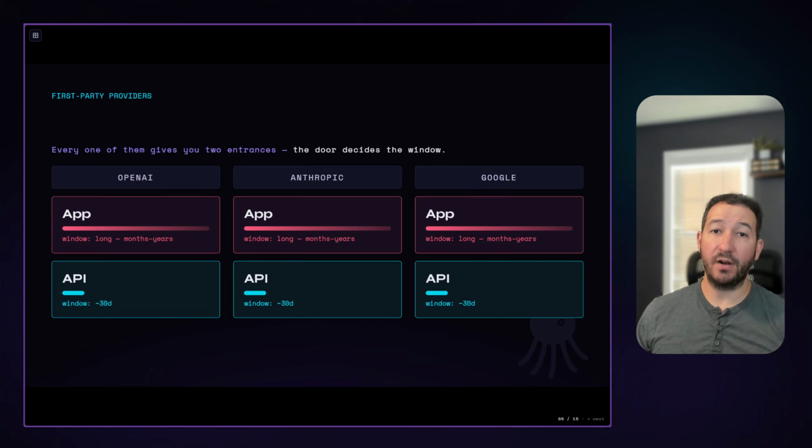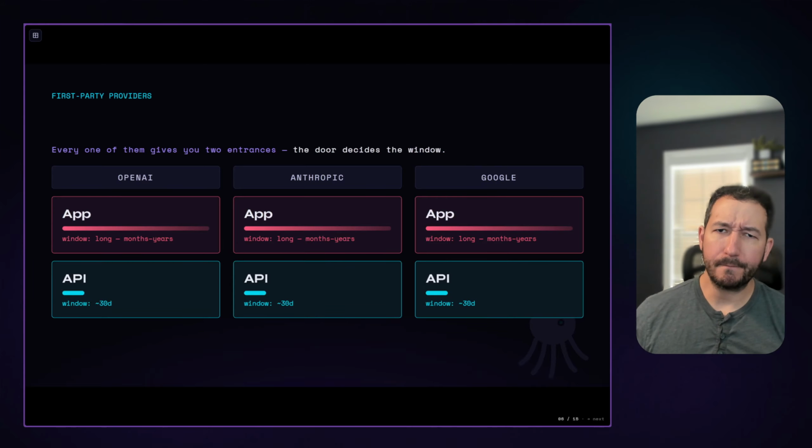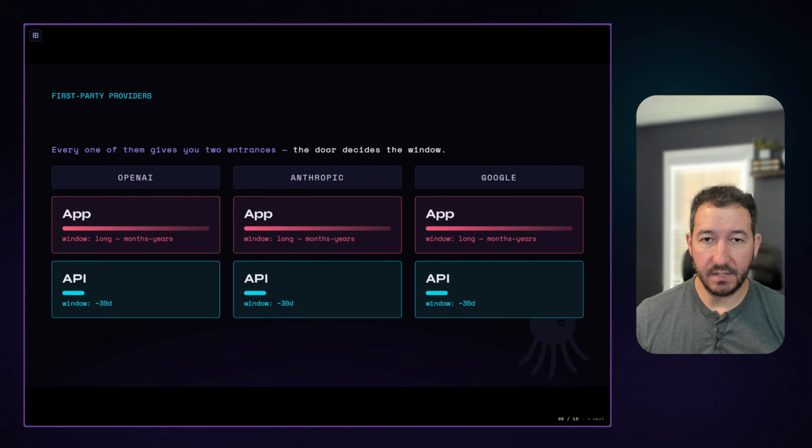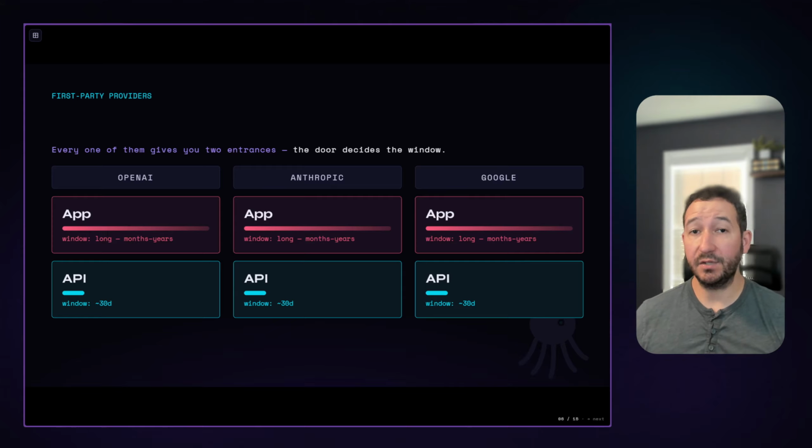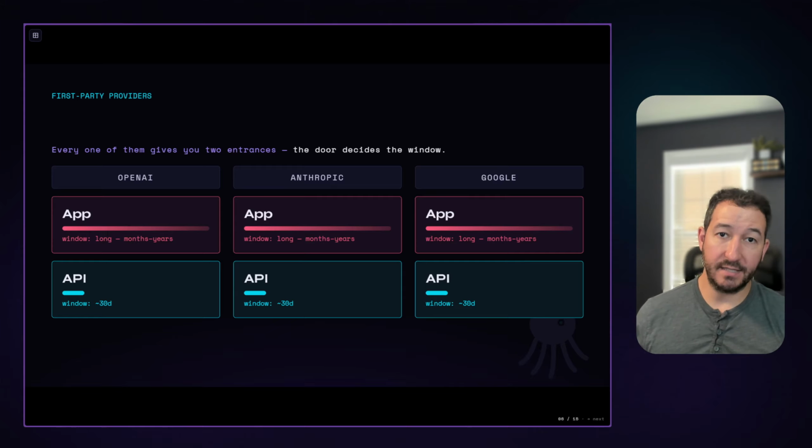Now, this is a bit different than when you are using API keys with these various providers, because in general, those API keys kind of guarantee you only a 30-day window, and you don't have to do anything. It's kind of default that that 30-day window is going to exist, so you don't even necessarily need to go in and hit delete for chats. That 30-day window is just going to apply as a blanket.